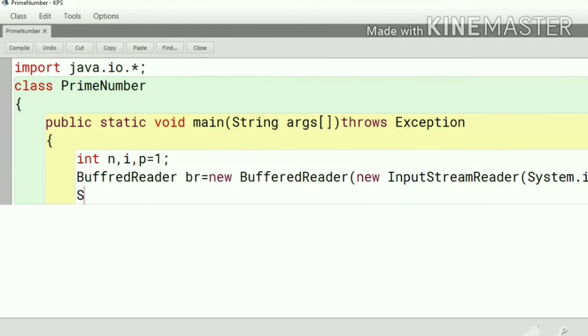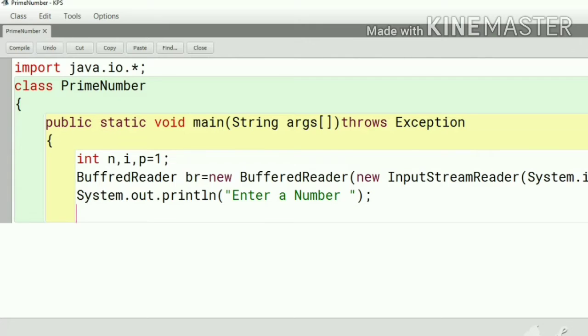Here input the number statement: System.out.println, "Enter number". n is equal to input a number, the statement is Integer.parseInt(br.readLine()).